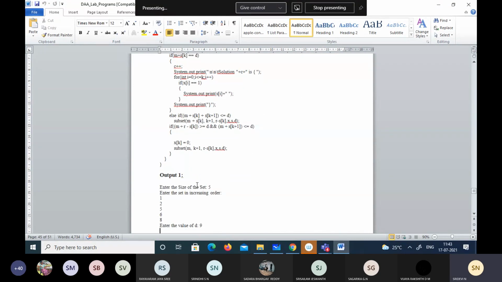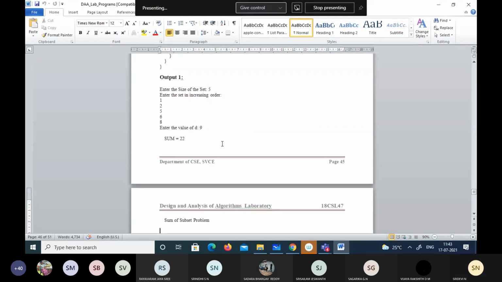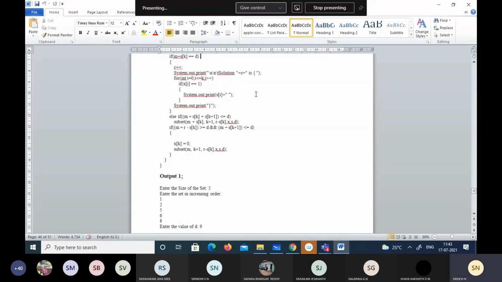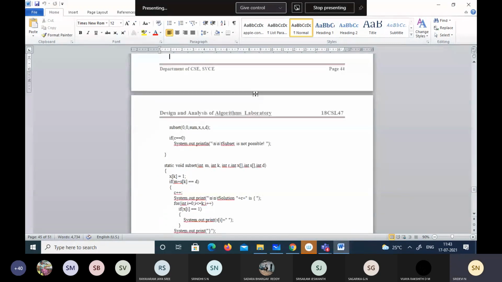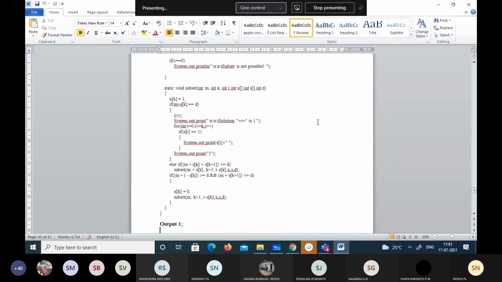This is the input given and the sum is... multiple solutions, isn't it? So again, check for it.